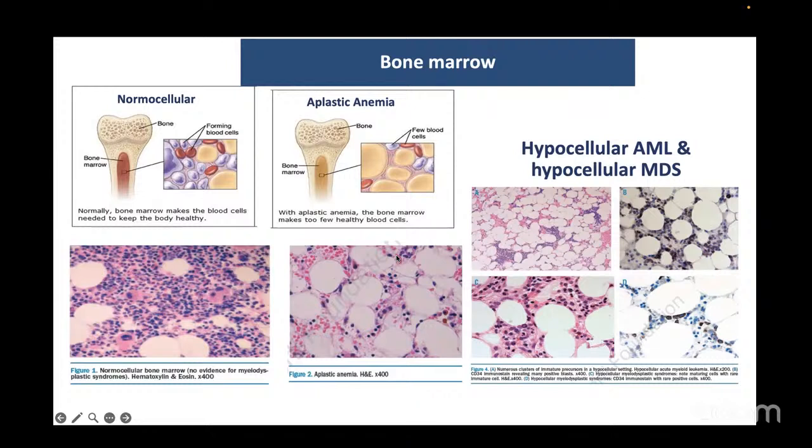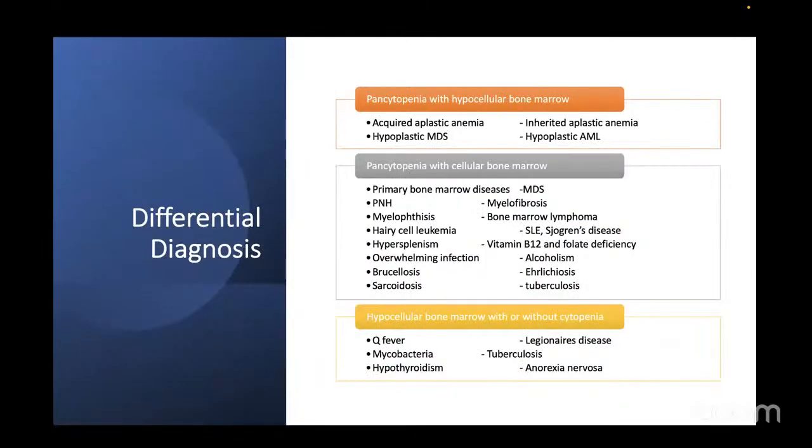So a normal principle which is used while assessing the cellularity of the marrow is that 100 minus age gives the percentage cellularity of the bone marrow at that particular age. So a newborn baby's bone marrow will be 100% cellular, whereas a 90-year-old person will have 10% normal cellularity of the bone marrow. Anything less than that accounts for hypocellularity. And less than 25 to 30% of the expected cellularity accounts for the diagnosis of aplastic anemia among other diagnostic criteria. Yes. So, this is a very common step in any clinician's workup for any pancytopenic patient to have differential